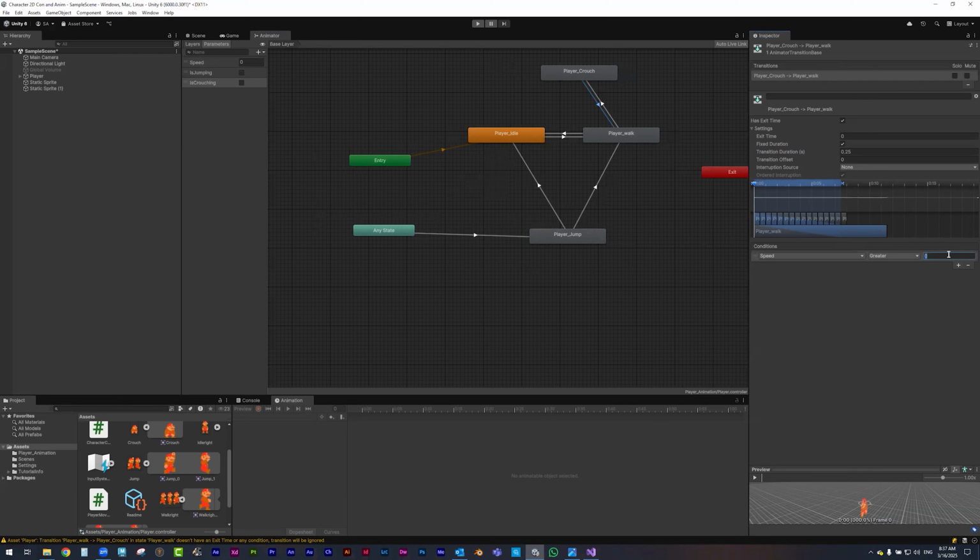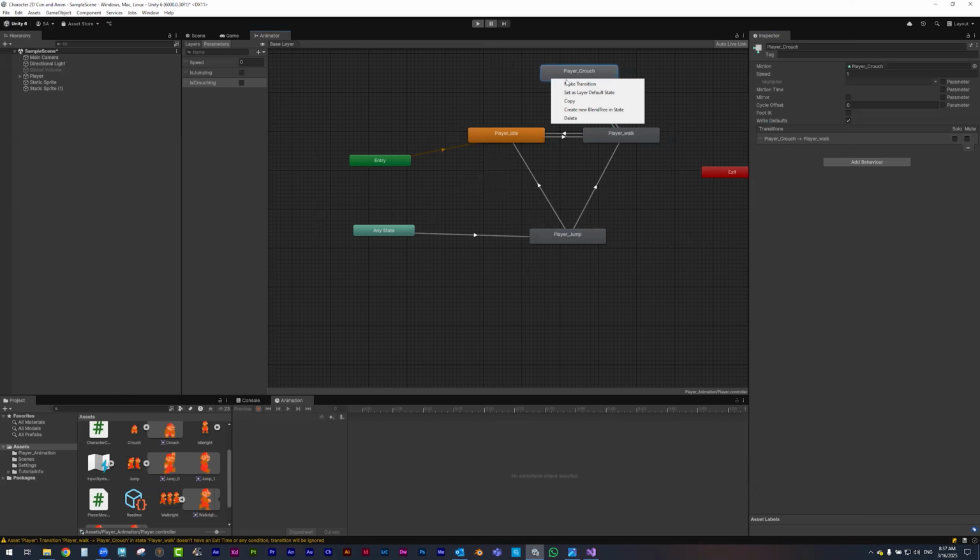two conditions. The first one, the speed. If the speed is greater than 0.01, and if the crouching is false, then the animation will go to a walk. And I need to uncheck these and change the value to 0. And here I need to add a transition,